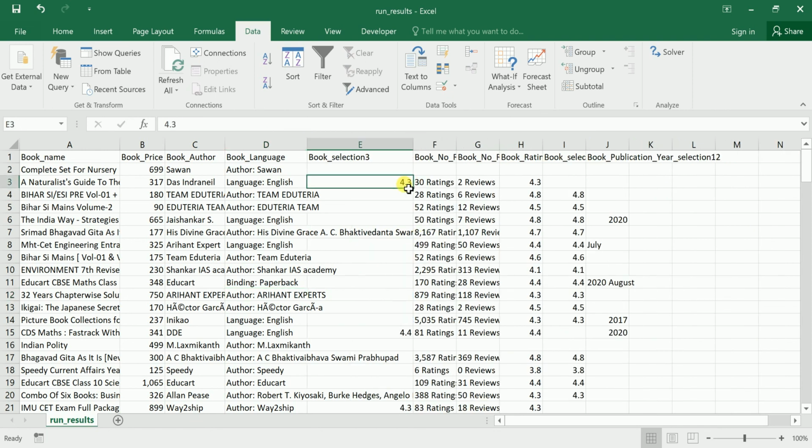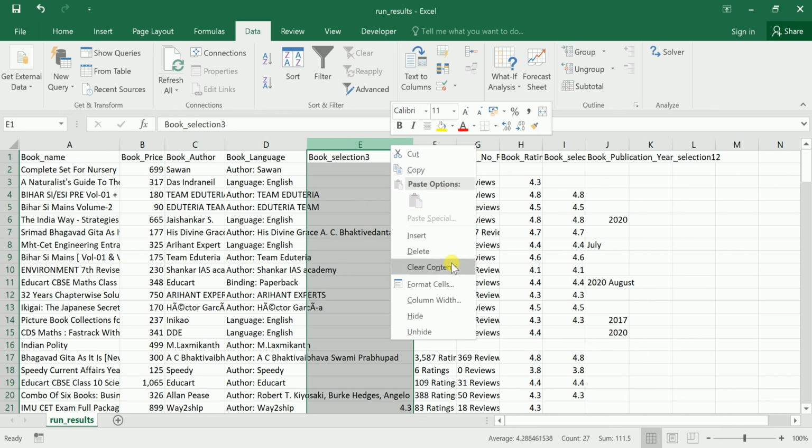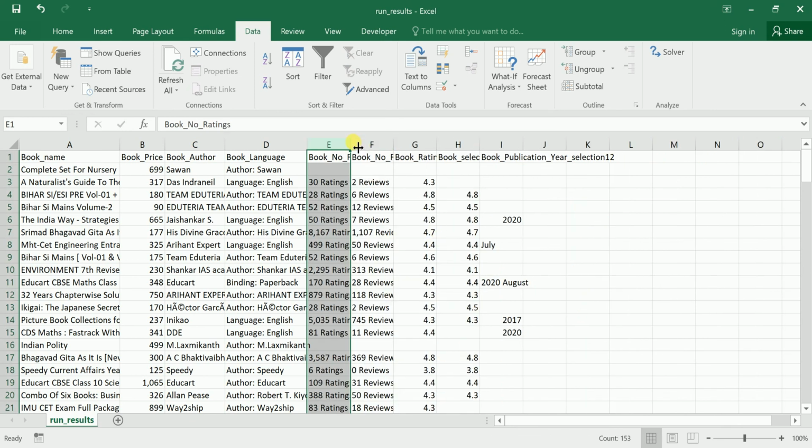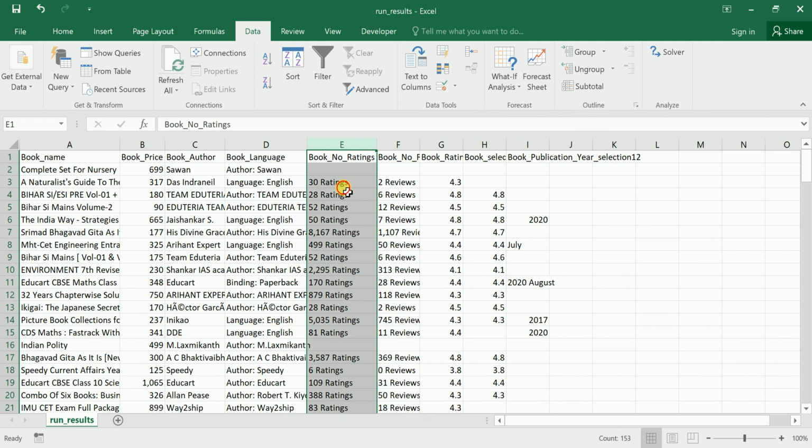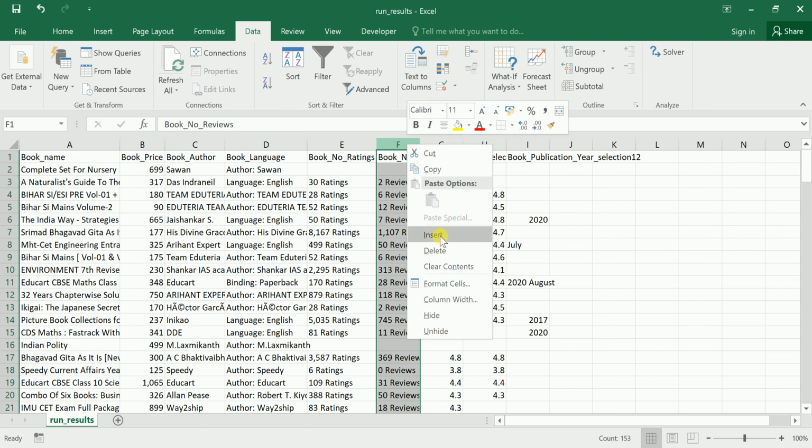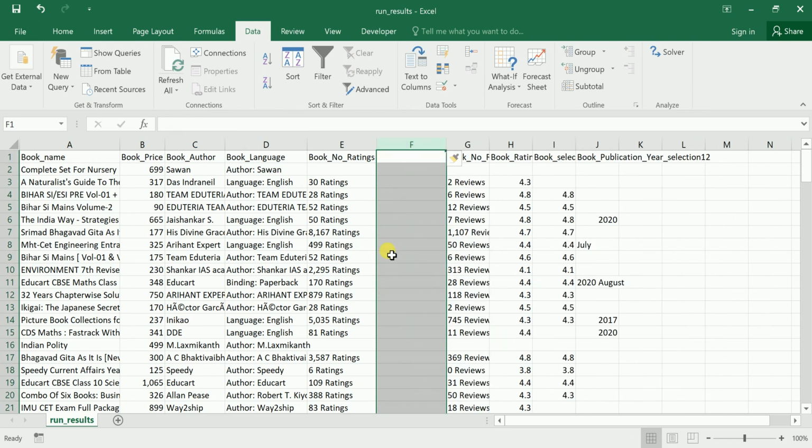And rating, this is nothing but the rating. So this is coming twice. We can delete this. These are number of ratings. We can again do the same activity by inserting a column here.